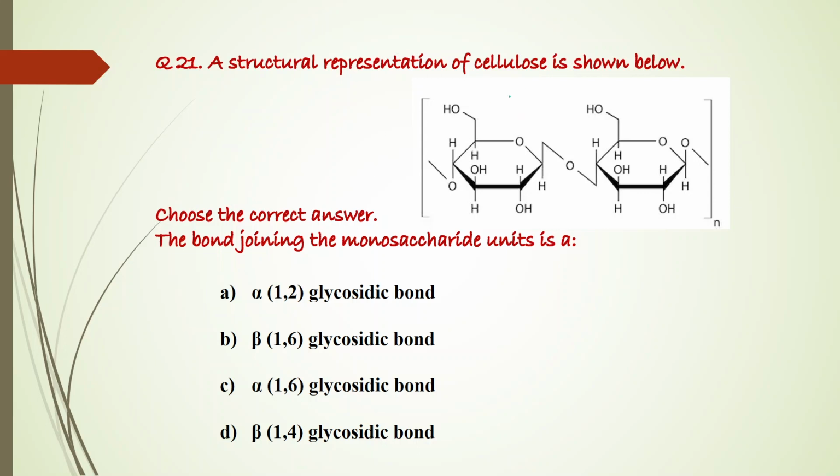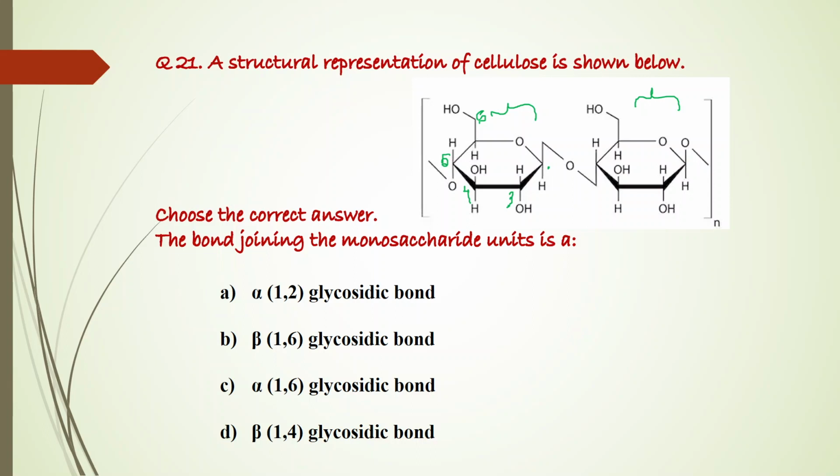So these are the two units that are joined together. You have to identify the type of this glycosidic bond. So how do we name any kind of glycosidic bond? Yes, we have one answer. So first let us do the marking. So this one is our 6th, this is 5, 4, 3,